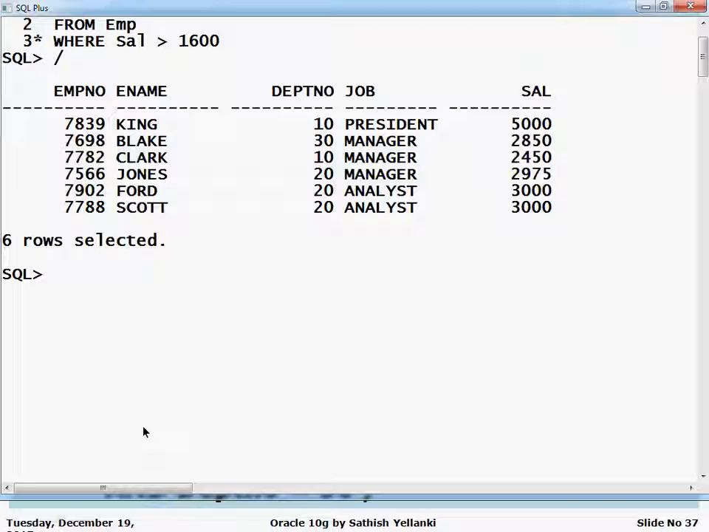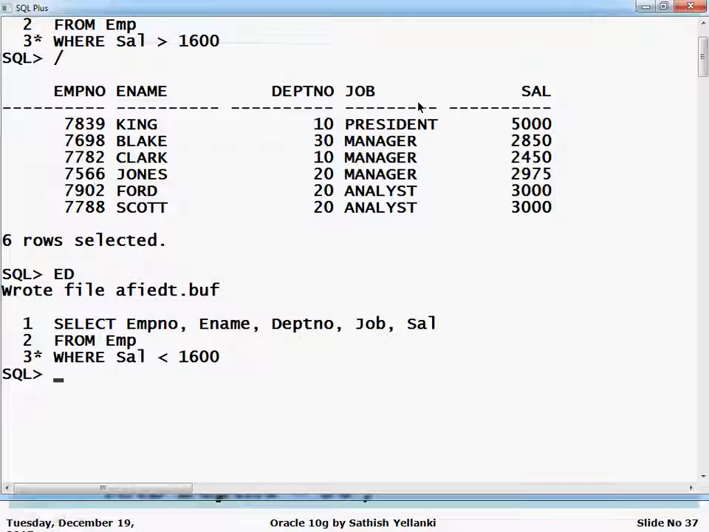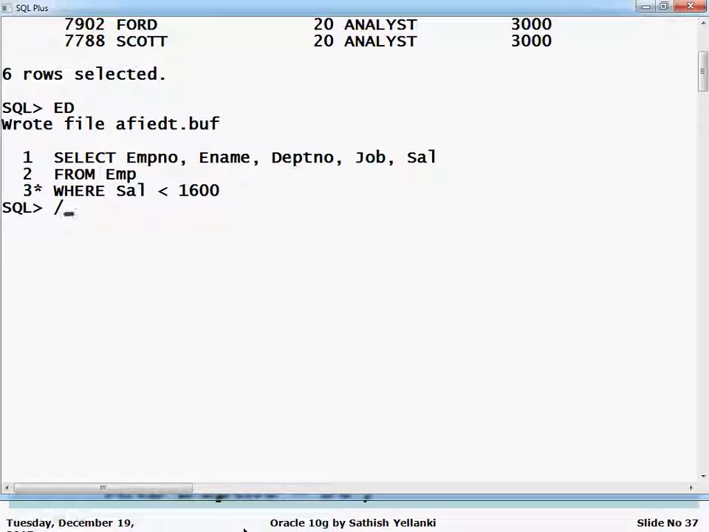Now the question is, I want to see the details of all the employees who are having their salaries other than greater than 1600. Catch my words carefully. What should I do now? Other than greater than 1600 means what can I keep here? Less than. So for every ANSI operator, we have its own negation